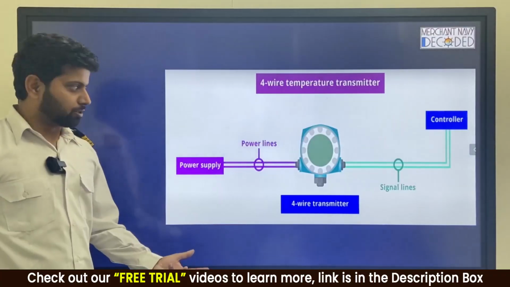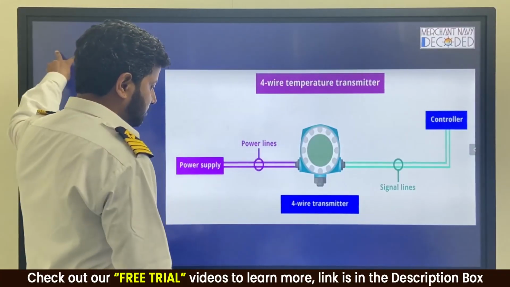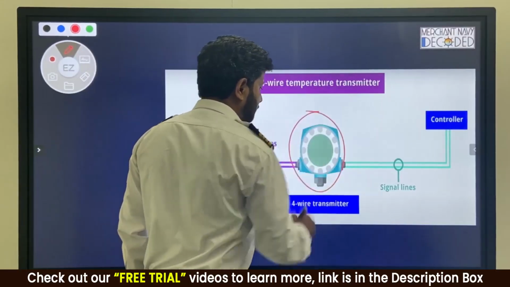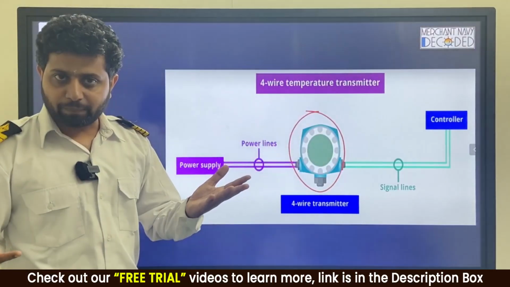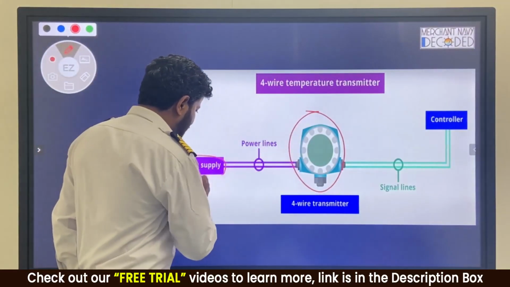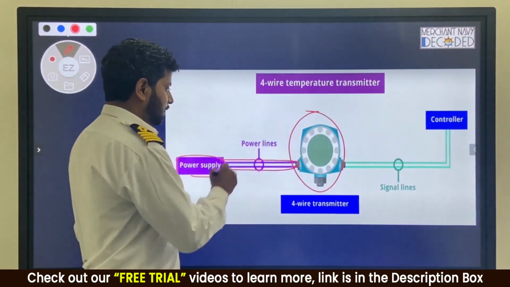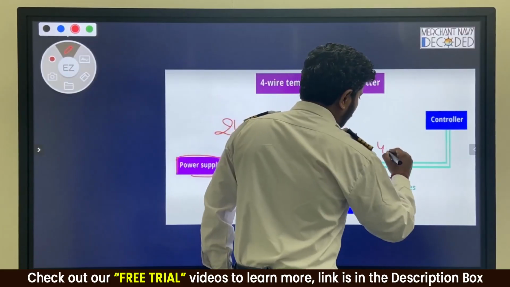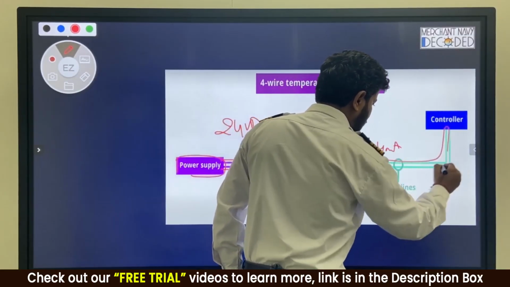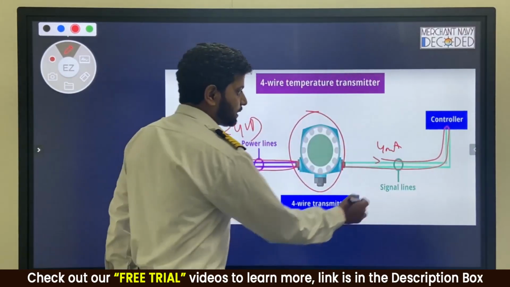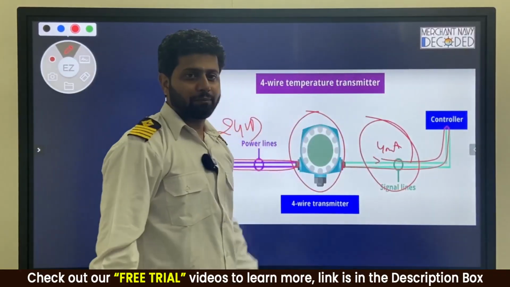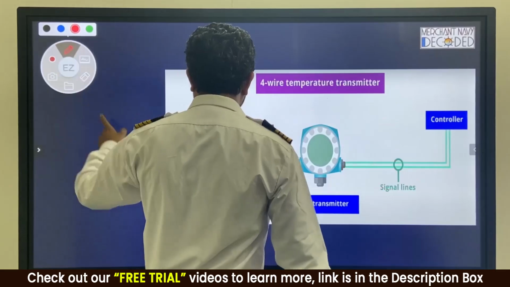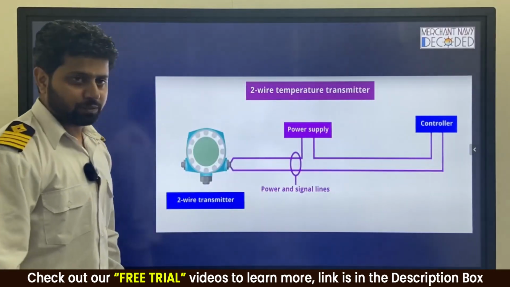There are 2 types of temperature transmitters. So guys, we have got this temperature transmitter over here, but this temperature transmitter needs a power supply. It says it needs 24 volt DC supply voltage. So there is a power supply going, coming back, 24 volt DC, and then there is a signal going, 4 milliamps, coming back, current signal. This is a signal, 4 milliamp, 8 milliamp. This is a 4-wire temperature transmitter, but sometimes we have 2-wire temperature transmitter as well.